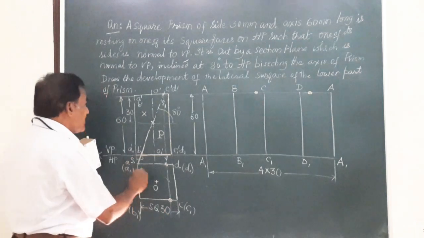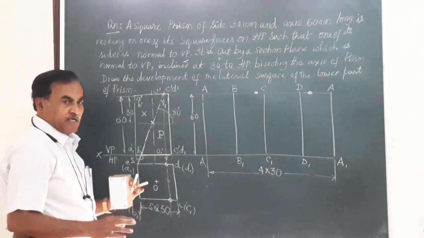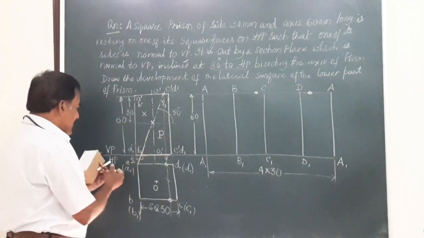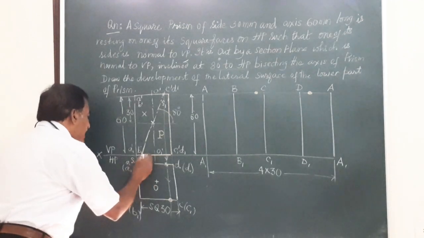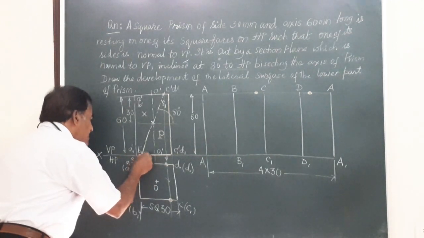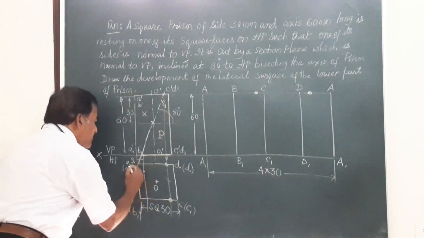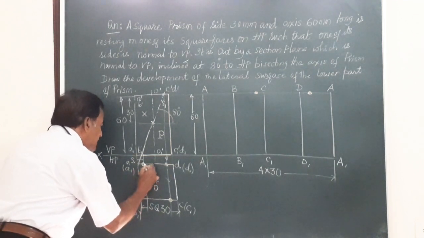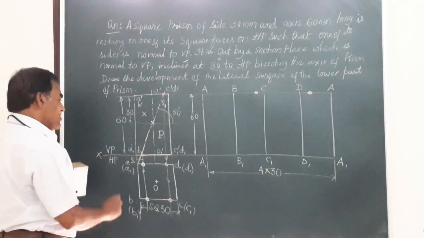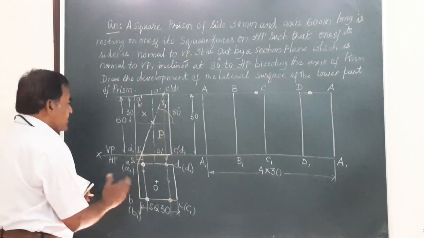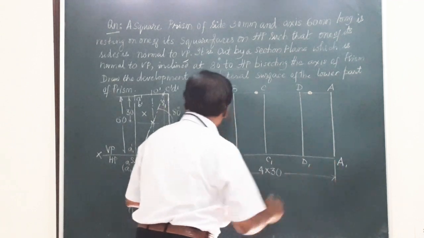Similarly, the bottom face of the solid, that is A1, B1, C1, D1, is also cut. So let me see where all it is cutting. For this purpose, I am going to draw a vertical line similar to the previous one, and see friends, it is cutting A1, D1 here and the other one, B1, C1 of the bottom face, here. So similarly at the same lines. Which is the bottom surface? It is A1, B1, C1, D1.